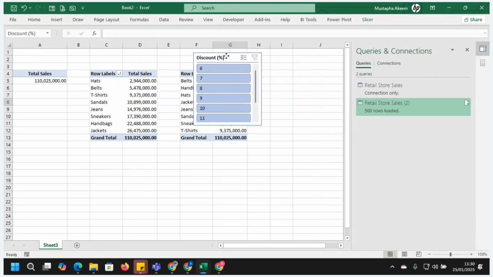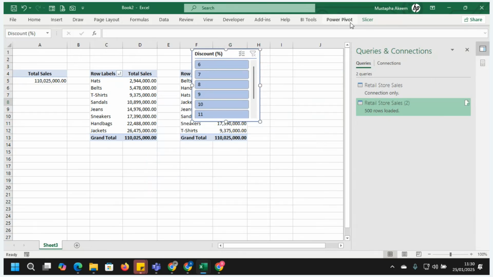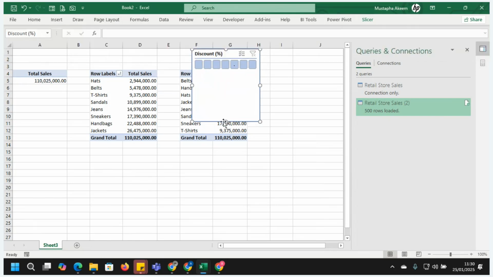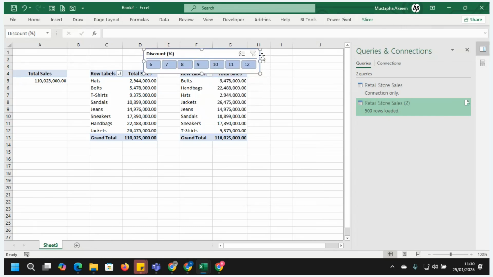Let me place it at the top here, and I want to make it on a single row. I'm closing this. Okay, let's do it like this.